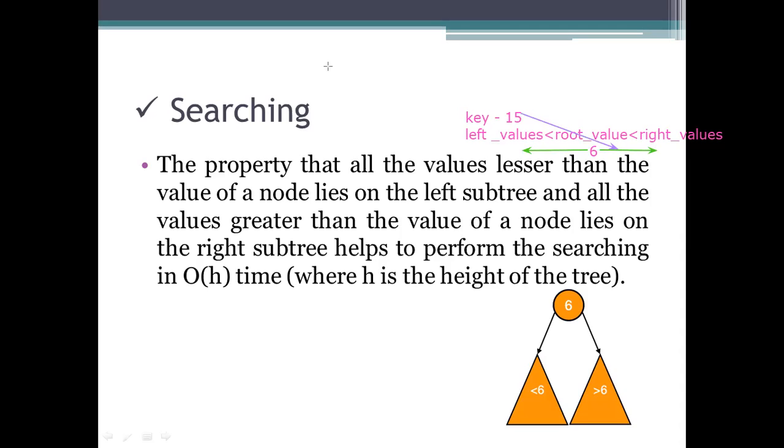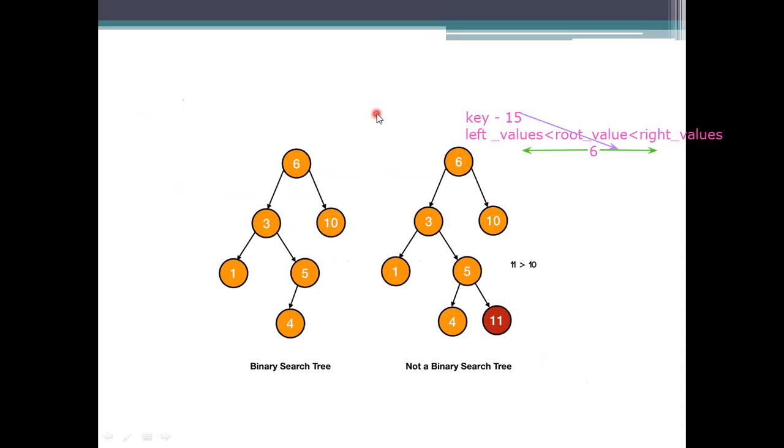Now from where do I have to start the searching? I got the idea. I need to start the searching from this side. Just take this example. It's not a binary search tree, it is a binary search tree. Consider this tree. Here I need to go for the right side.